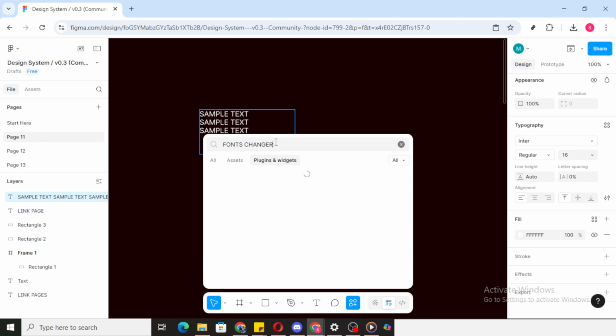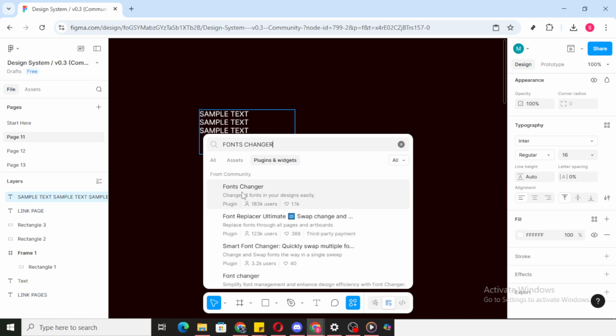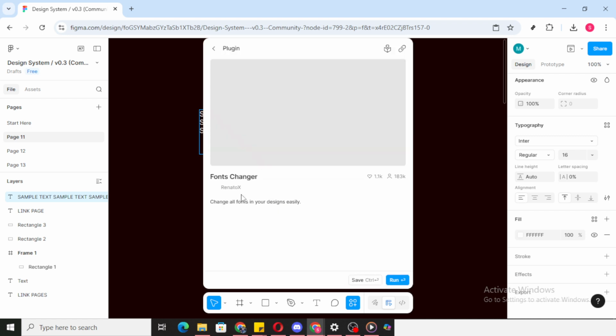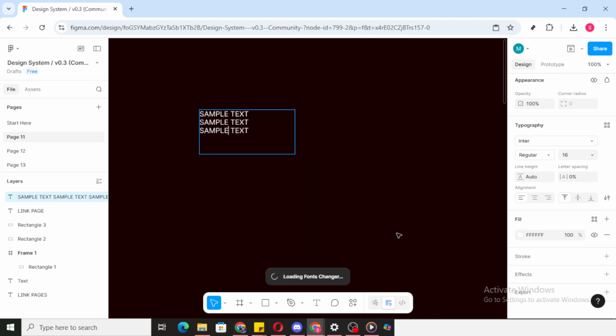With the plugin open, highlight all your text in the design. You can drag a selection over the canvas to capture everything in view, or select frames and groups that contain the text you want to update. The key is to ensure the text layers you intend to modify are included in your selection so the plugin can act on them. If you have hidden or locked layers, consider making them visible before you select, so nothing